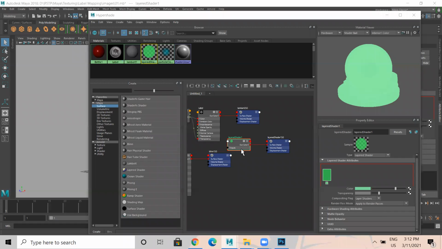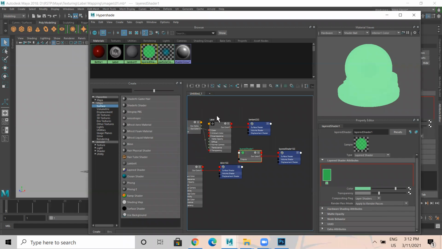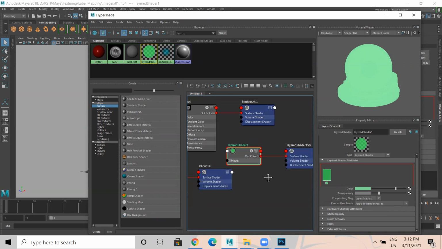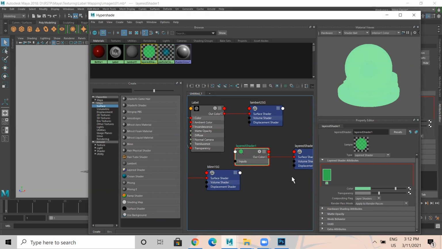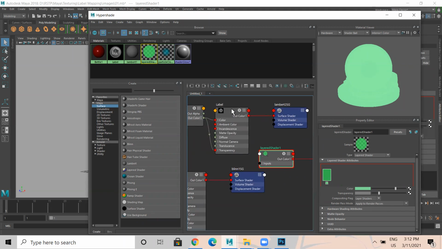Great. So in that case, we have the label here, right? My layered shader has to be selected. Then you have the label here. You don't have to click this, but middle click on this, drag and drop here. In mouse, the middle mouse button is there, no? Middle click, drag and drop into layered shader.